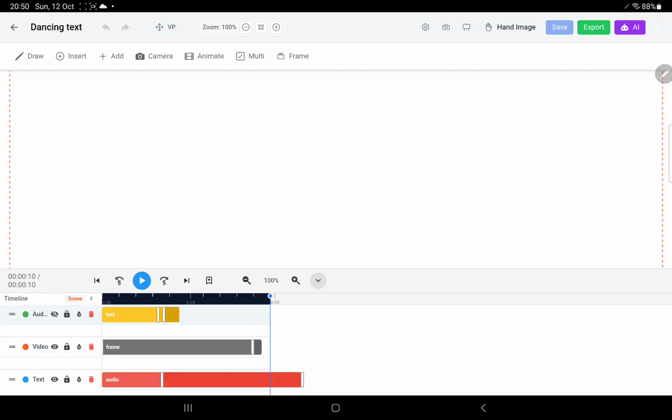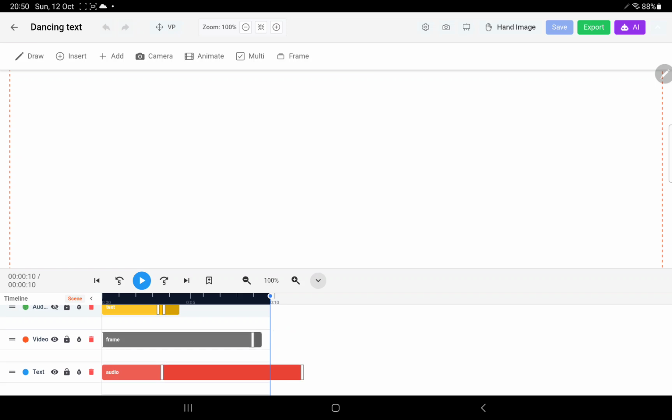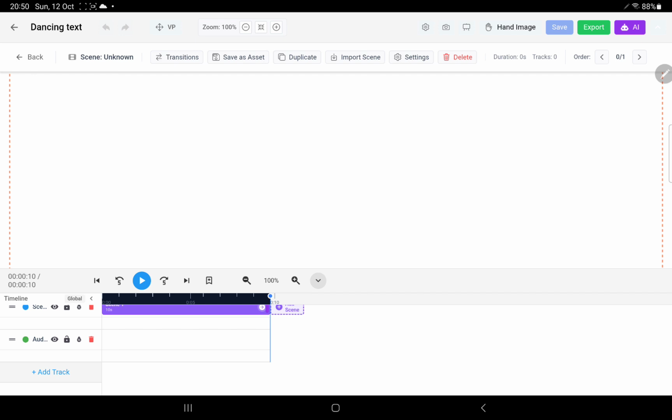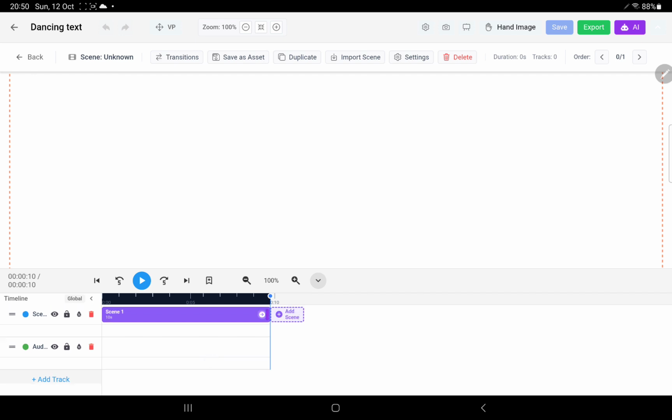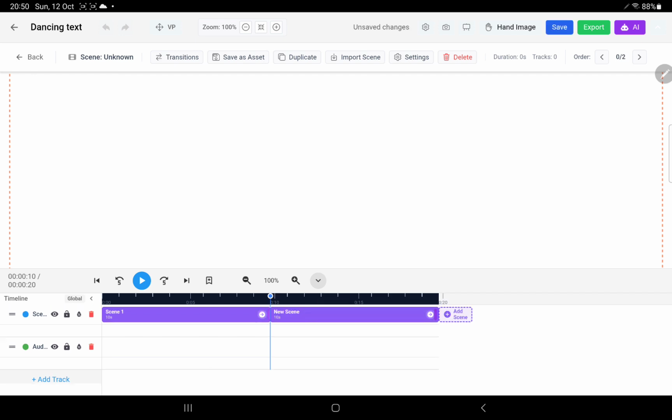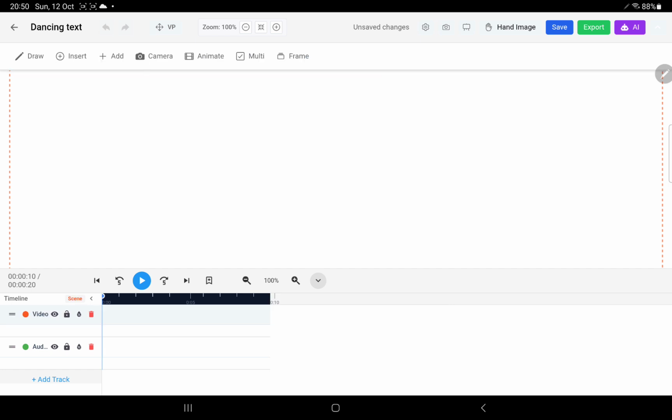If you look at my project, it's actually not that complicated. I've only got 3 tracks here: an audio track, a frame by frame track, and then a text track which I traced off. To show you guys how I did this, I will create a new scene in the same project. To do that, click on Global, click on Add Scene, enter the new scene, and we see we have